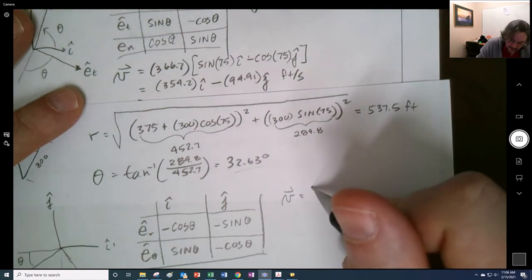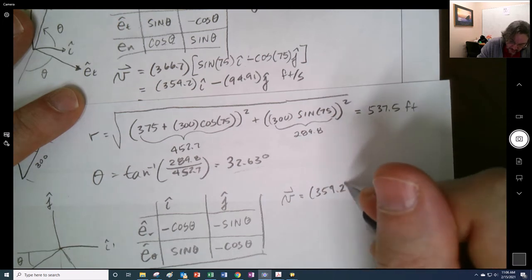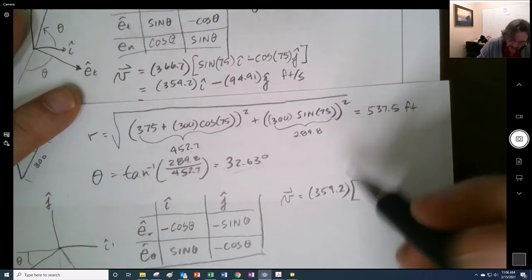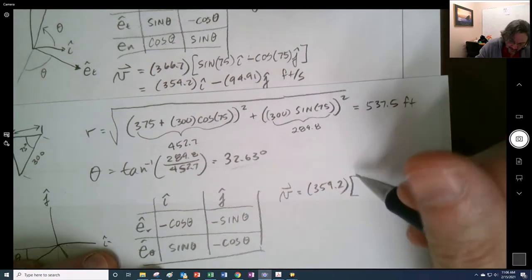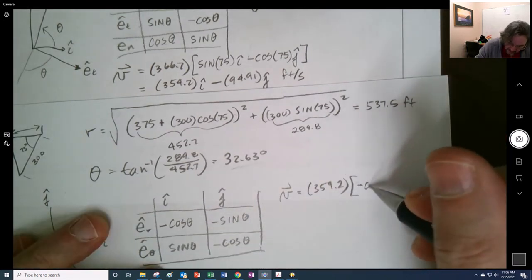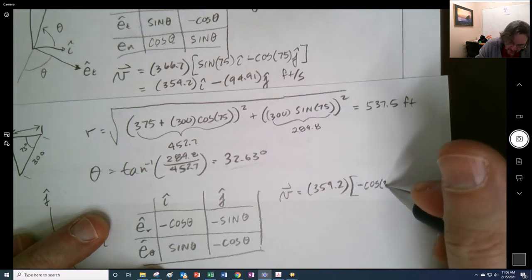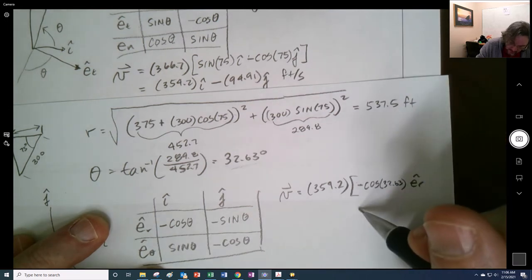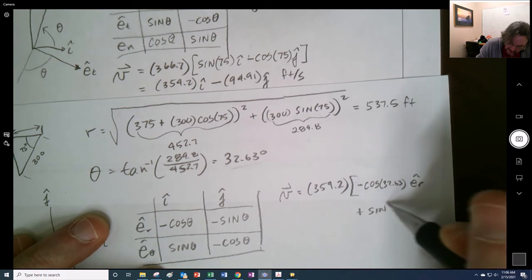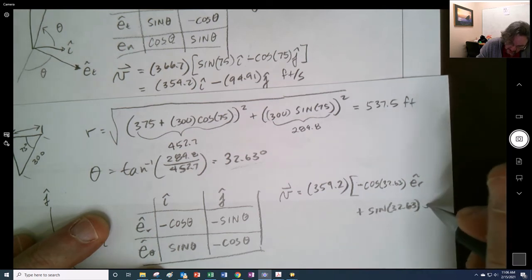Okay, we take 354.2 and multiply it by, we're going down this way, right there, right? So we have multiplied by the cosine of 32.63 ER, right? Plus the sine of 32.63 E theta,